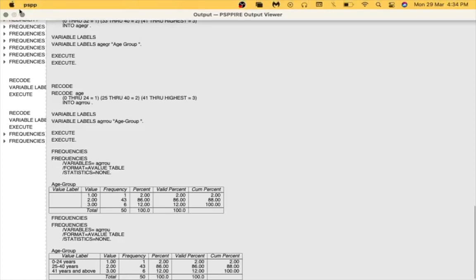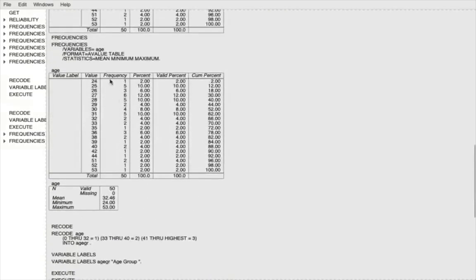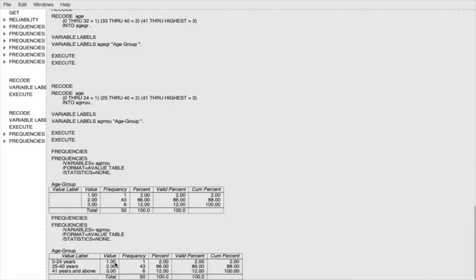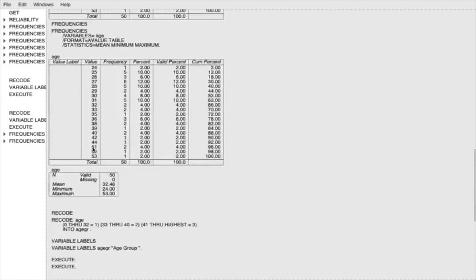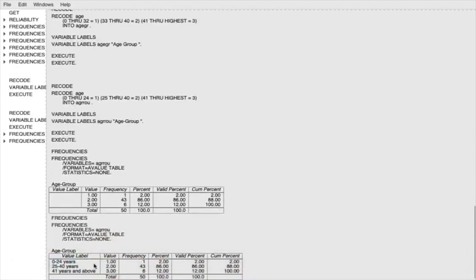Yes, sir. Any doubts? So, this is how you convert or transform a continuous variable into categorical. Remember earlier how it was like this, we cannot interpret this. So, we converted into category 0 to 24 this, 25 to 40 this, but it is always good to collect in continuous form, because for high end statistics we need this data. So always collect in continuous, later on you can convert it to categorical or nominal like this, but if you already have collected the data as 1, 2, 1, 2, 3 as category, you cannot convert it back into continuous. So therefore, always remember collect the data in continuous form, later you can categorize it just how we did it right now.